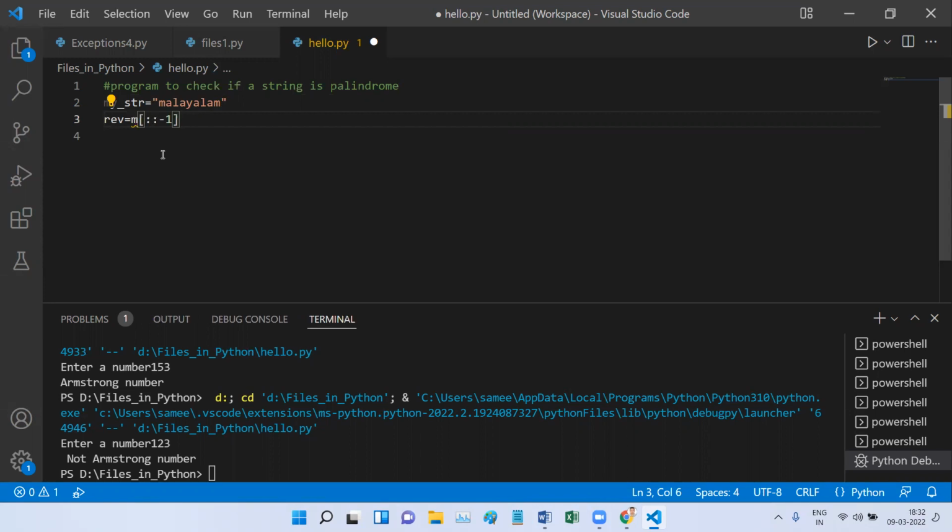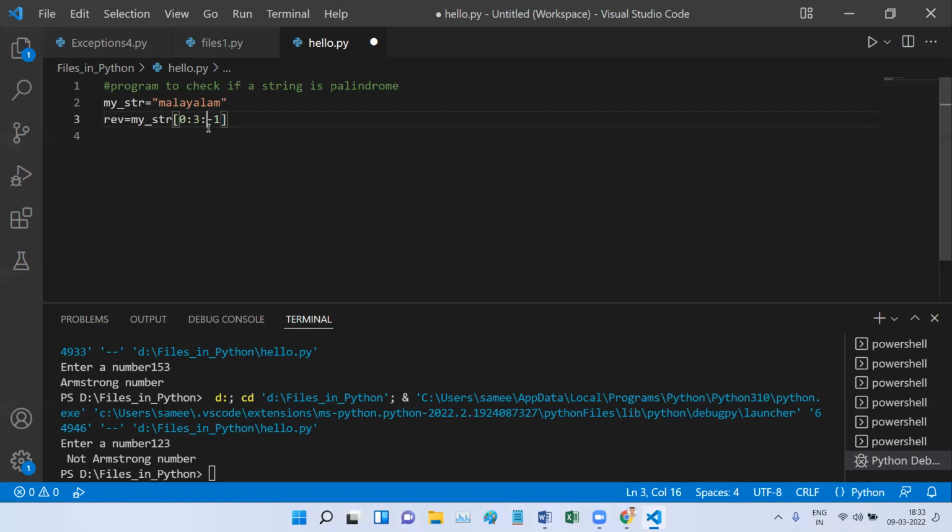You have to mention the name of the string, and if you write 0 to 3, it will slice from the 0th element and give you up to the 3rd element. I hope you all remember. This is called slicing a string, but the slicing operator also takes one more parameter at the end, where you can mention -1. So what is going to happen if I mention -1?